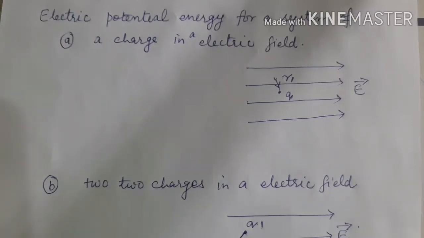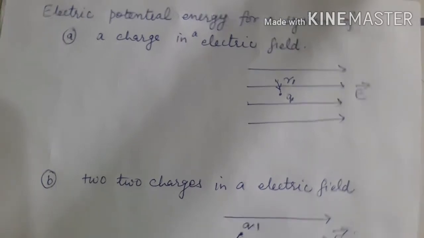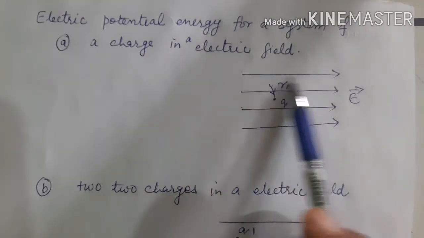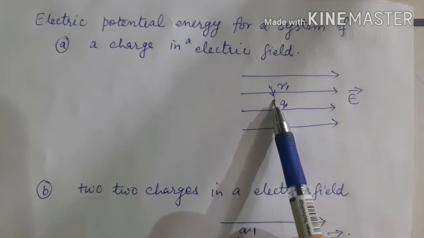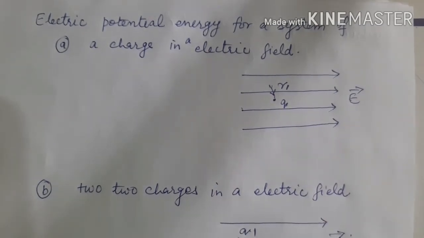In this video, we will discuss electric potential energy for a system of a charge in an electric field. So this is your electric field, a uniform electric field, and a charge Q is placed in it. So what is the potential energy in this case? We know that the potential energy is the amount of work done to bring a charge from infinity to the